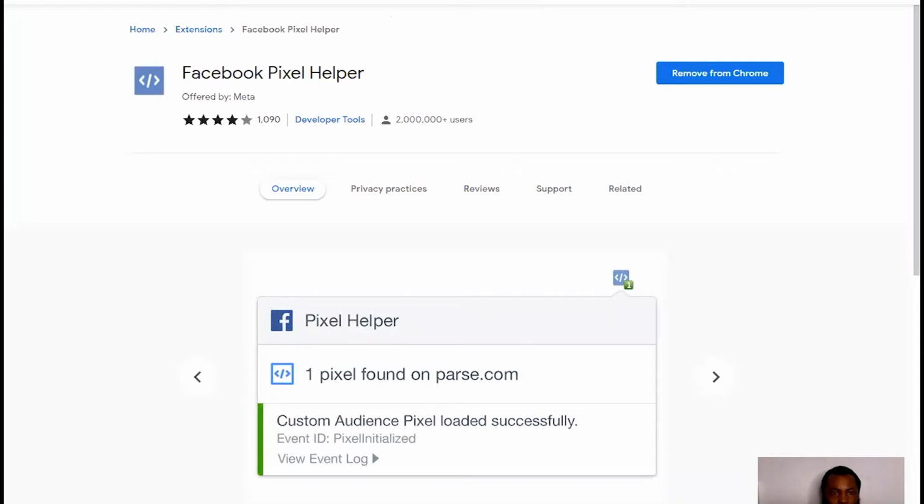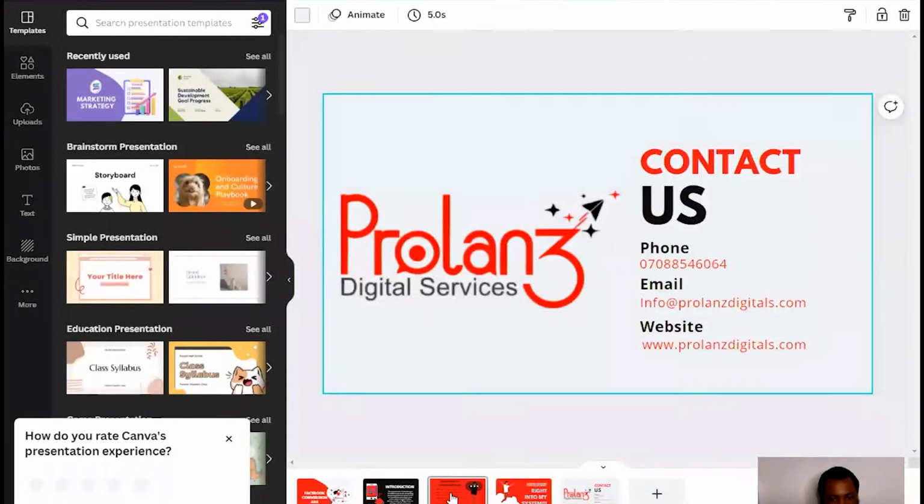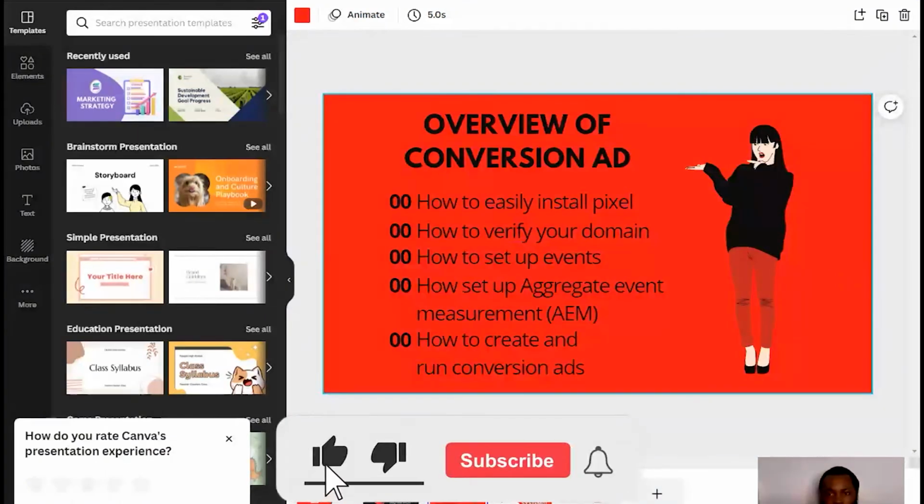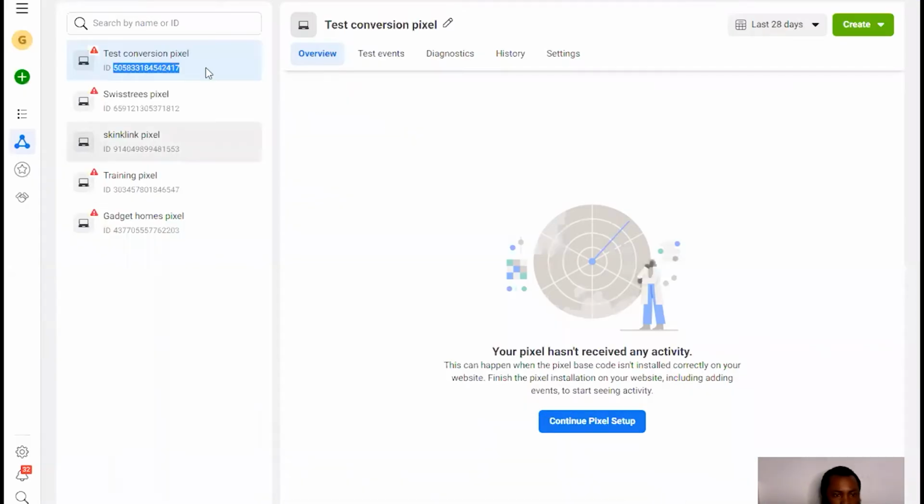So the next thing we want to do is verify your domain. To verify our domain on Facebook, let's go back to Facebook. Later I'm going to delete this pixel because I don't need it. So you go to settings,